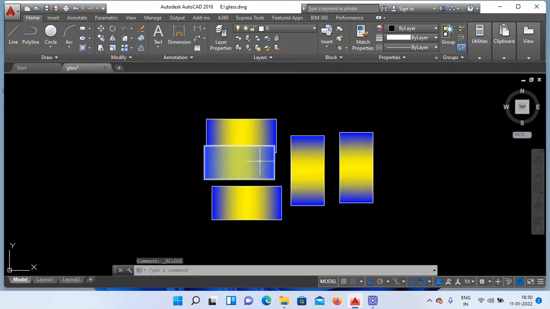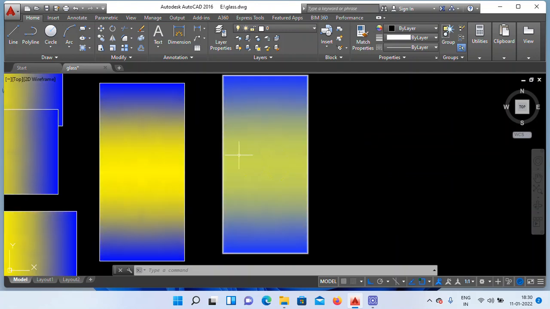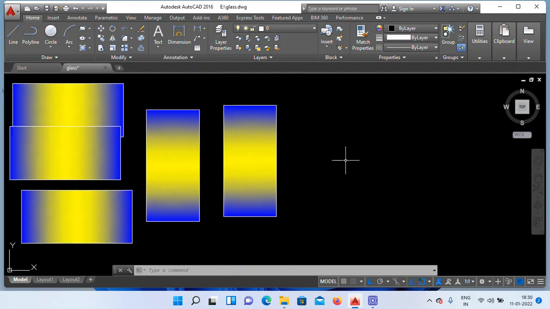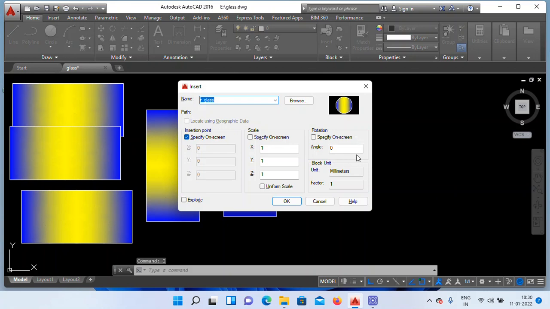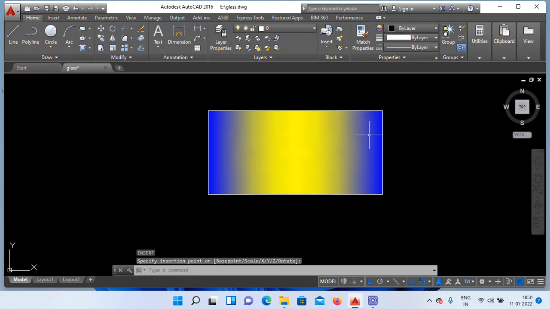See, increased. In the storeroom also the object increased. I enter. See where is H glass. This is H glass. Click on OK. See, like this.